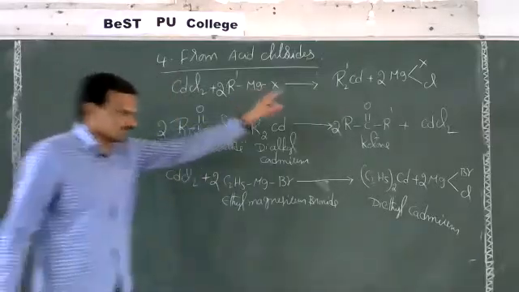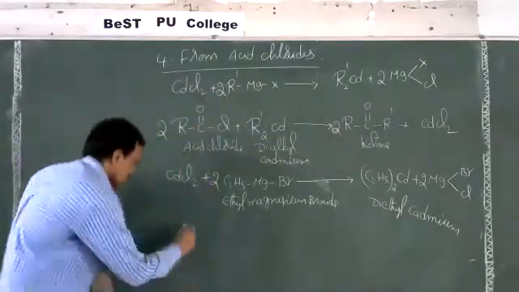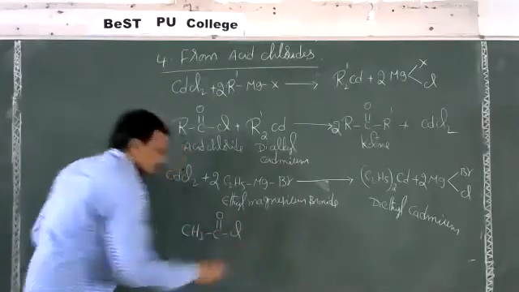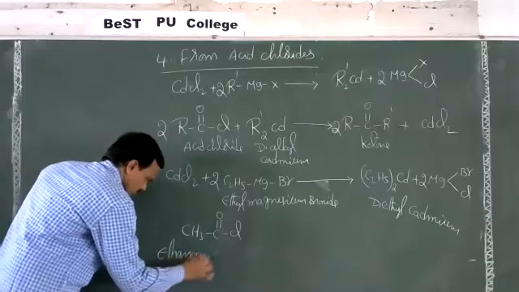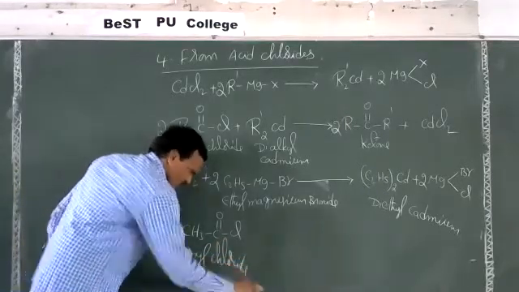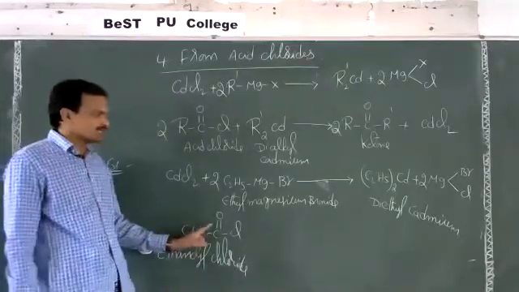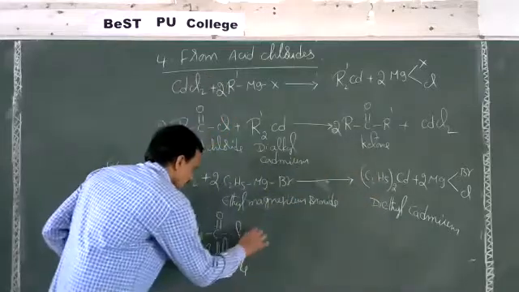And now this diethyl cadmium is allowed to react with an acid chloride. Now I will take an acid chloride here, CH3COCl, nothing but ethanoyl chloride. So when this ethanoyl chloride is allowed to react with this diethyl cadmium,